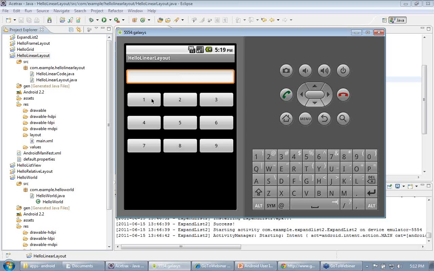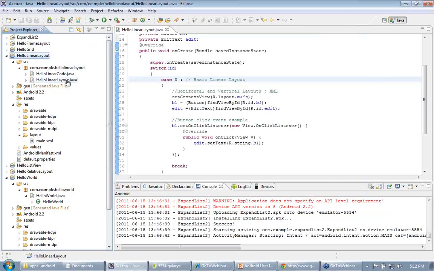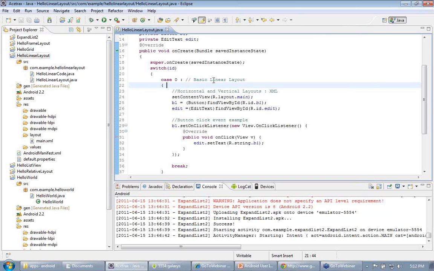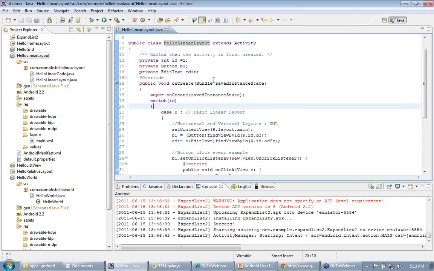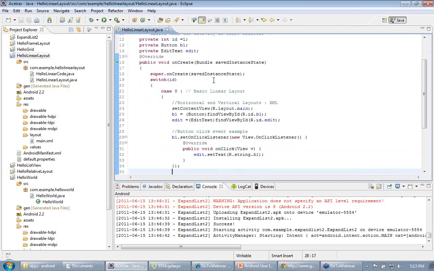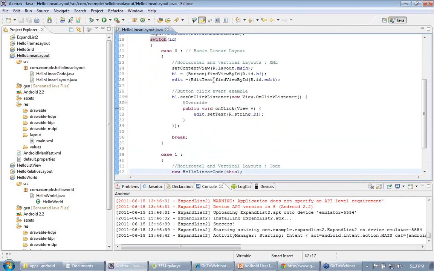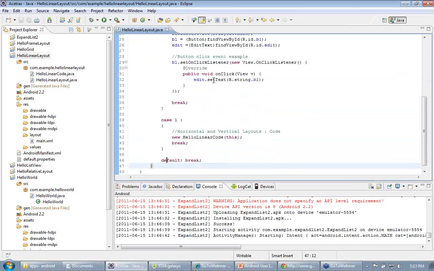You will see a bunch of buttons like this: 1, 2, 3, 4, 5, 6, 7, 8, 9, and an edit text box. I have presented two views in this program, that's HelloLinearLayout.java. We have just a switch case in which I have defined two ways. First is by using XML layout, and second is by using code.